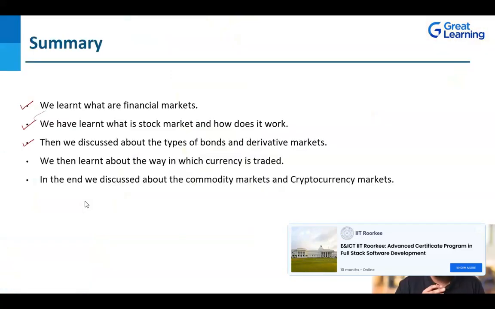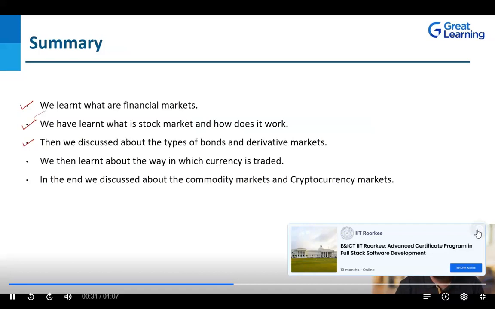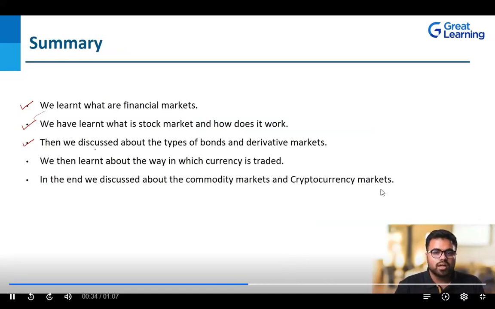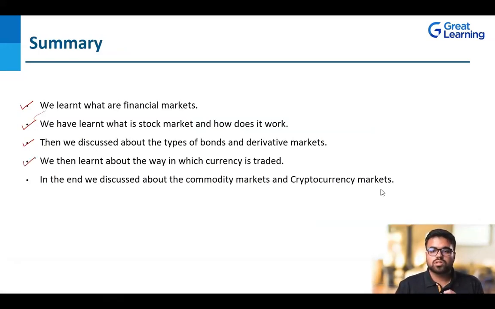Then we learned what exactly the stock market is and how the stock market works. Then we discussed the different types of bonds and the bond market, like government bonds, corporate bonds, and municipal bonds, and also looked at what exactly derivative markets are. We also learned the way in which currency is traded, and the different methods in which currency is traded. And at the end, we also discussed the commodity markets and the cryptocurrency markets,